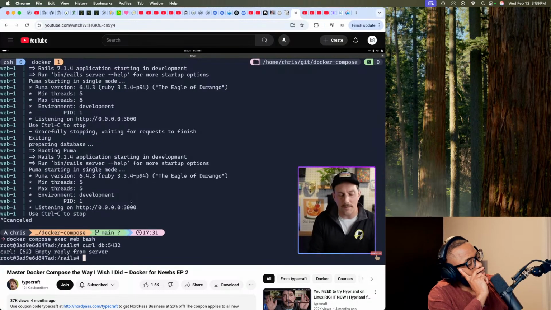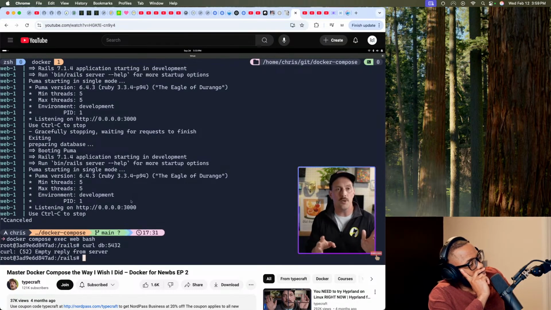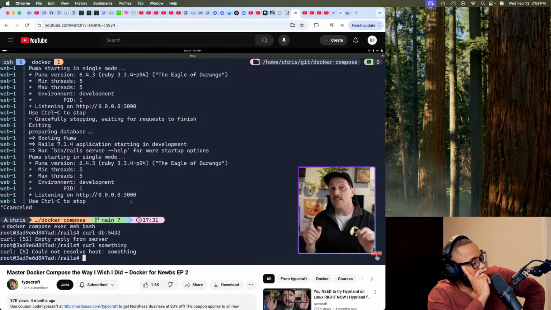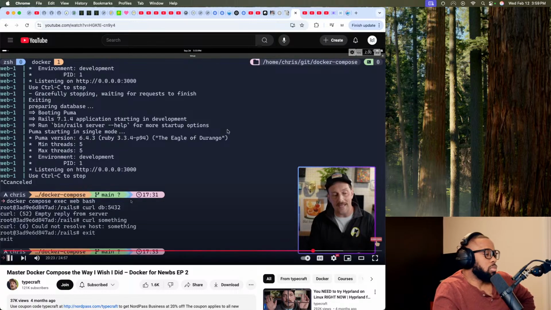And of course it is. I know this looks like maybe it isn't, but it got an empty reply from the server because Postgres doesn't have a reply that it'll give to a curl request. So we know that this communication is up. Now if we just curl something, that's "cannot resolve host: something." So when we type curl db:5432, we can resolve that through our DNS lookup to the database service, and then the database responds with an empty reply. I don't have anything for you, which is awesome. So now we can see that these two services are